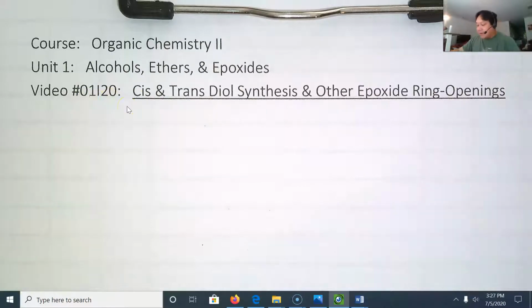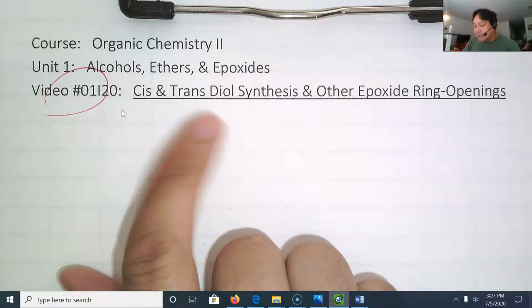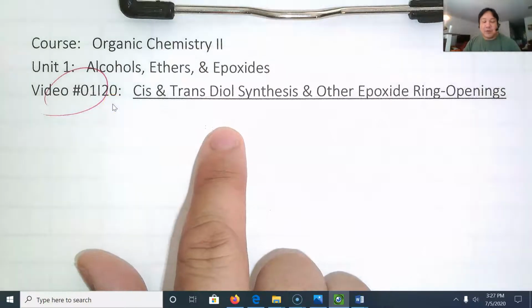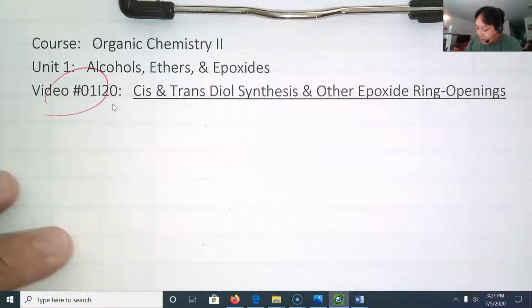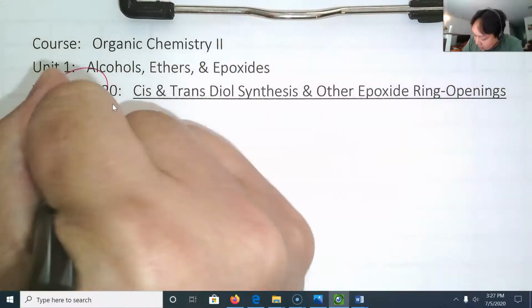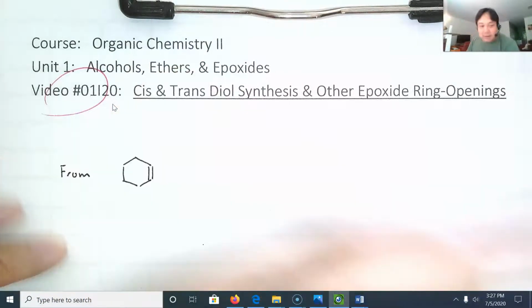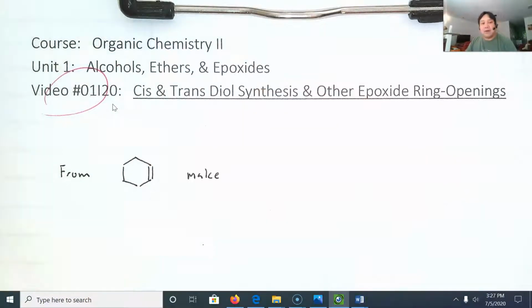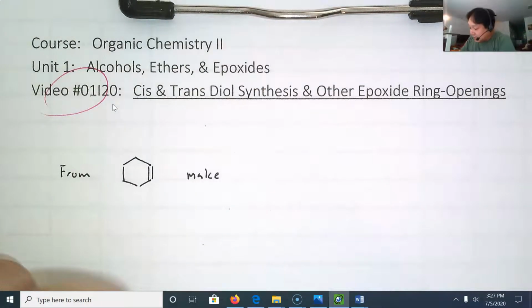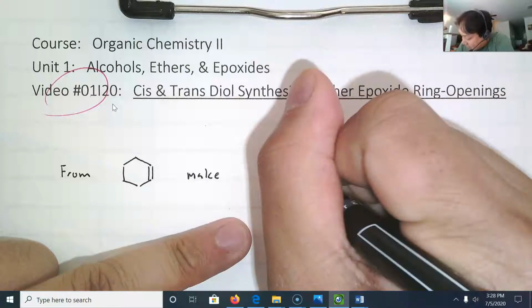01I20, and the first one I want to do is how do we make cis and trans diols using what we've learned in the epoxide unit. So the problem could be something like from this alkene, okay, make, and I'm going to have one set that's cis and one set that's trans. And the one that's cis, I'll make it look like this. I want us to take cyclohexene and make